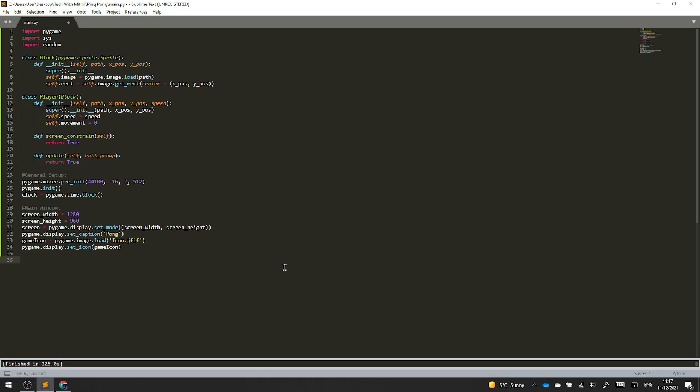Global variables. Gonna need the global variables. Wait one second. So we need the background color. Let's just do, okay, so background color and pygame.color